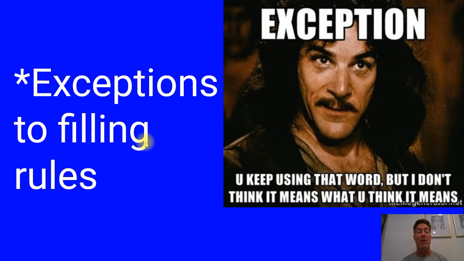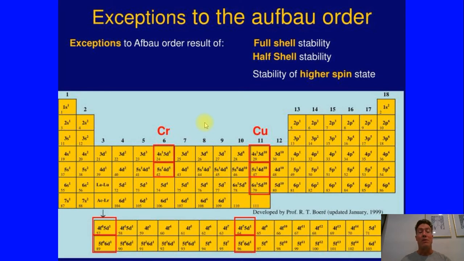Now, as you would expect, there are going to be some exceptions to the filling rules. So there's 2 main exceptions that we hit at elements 24 and 29. So up to 23, everything follows the aufbau principle order, just as you would expect, lowest first, one at a time, and so on. But when you get to chromium and when you get to copper, you have an exception. And what you see here is rather than them having a 4s2, 3d1, 3d2, 3d3, 3d4, because it's a half shell,